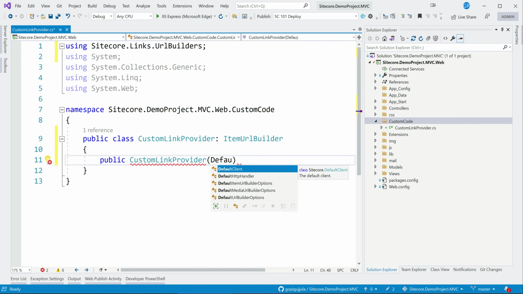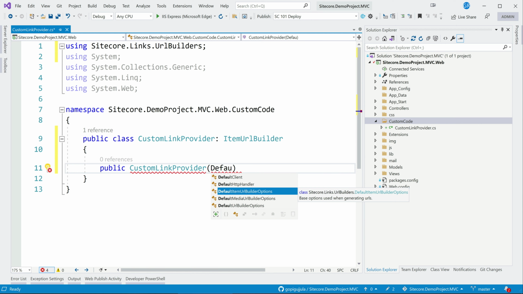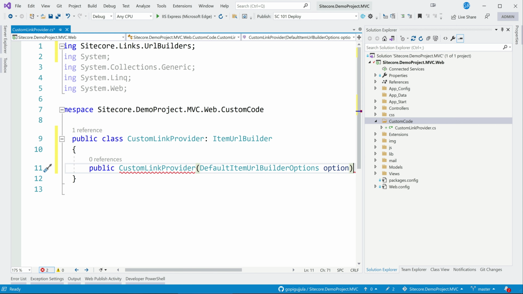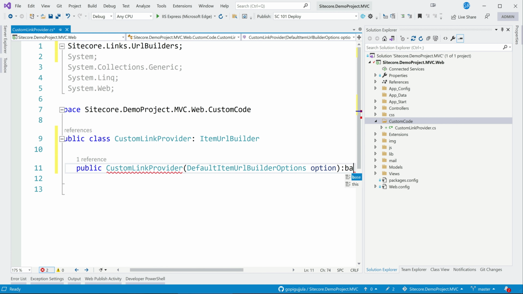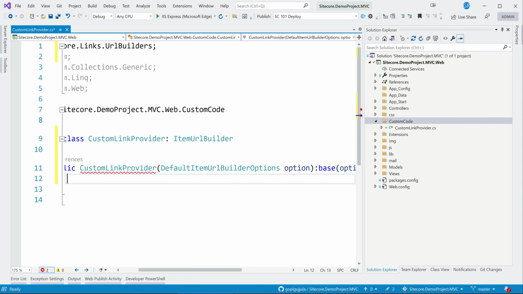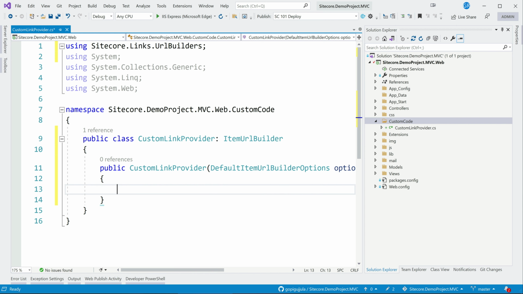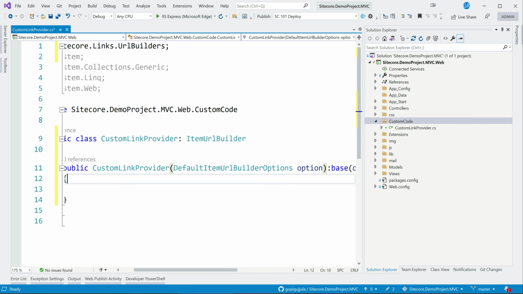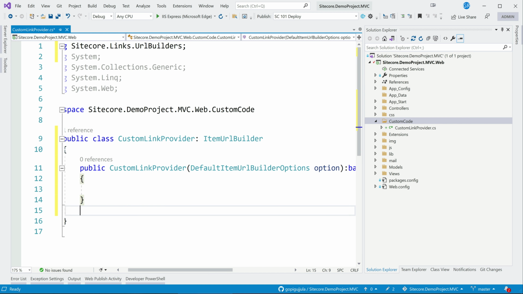There can be cases where we are getting the default item URL builder options, right? So we are getting this. If you are trying to follow this, please watch my previous video on link manager, where I explained in detail all these default URL builder options. Then it will make more sense. I'll leave the links in the description.